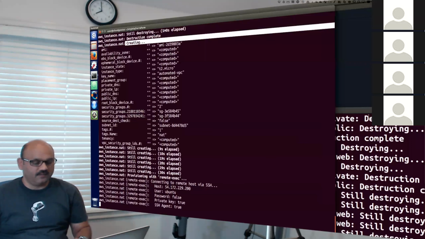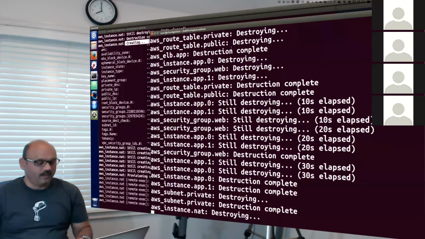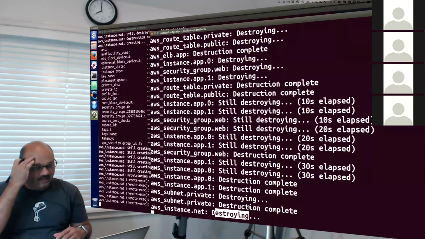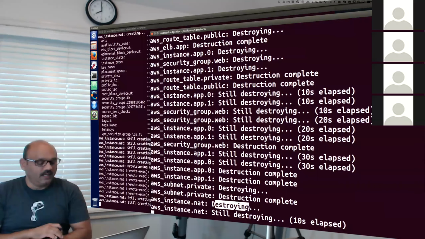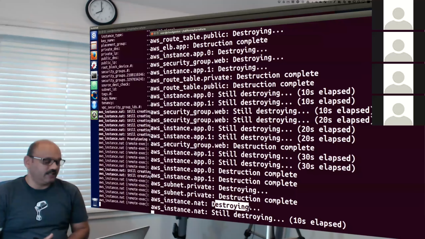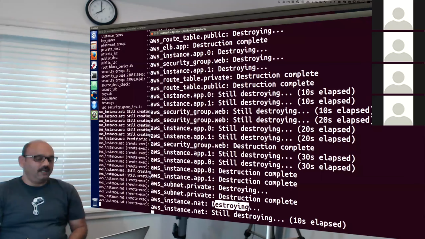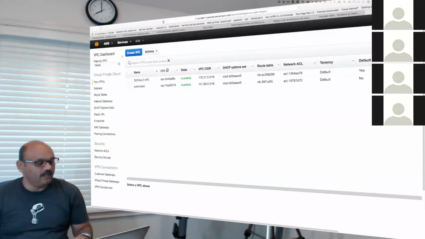It will die momentarily as soon as this destruction finishes. And so it is still destroying the NAT instance and everything else associated with the California region. As soon as the destruction completes, it will tell us that it did, and that will be nice cleanup, nice cleanup. That's what you will see in the California region once the cleanup finishes.